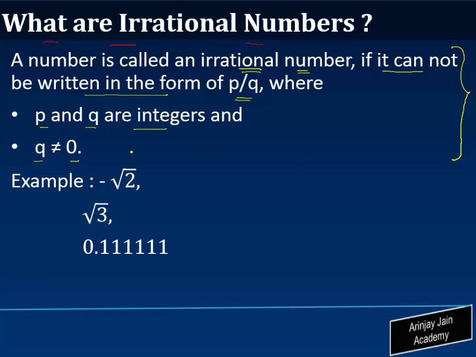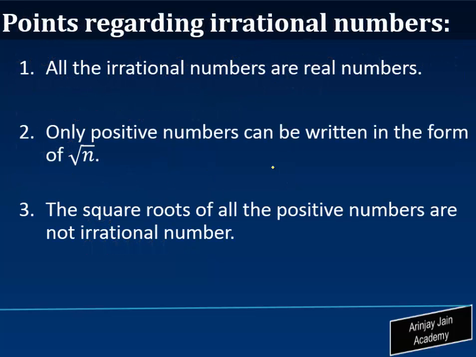Some examples of irrational numbers are root 2, square root of 2, square root of 3, 0.111111. If you see, basically, you cannot write them in the form of p upon q. You cannot write them in the form of a rational number. Root 2 cannot be written in the form p upon q, where p and q are integers, and therefore it's an irrational number. Some of the things that you need to know about irrational numbers are that all the